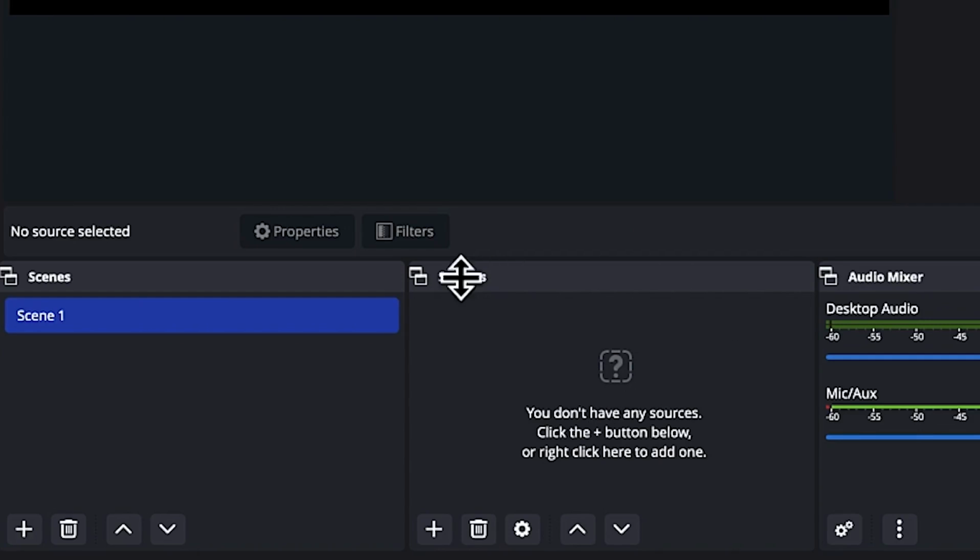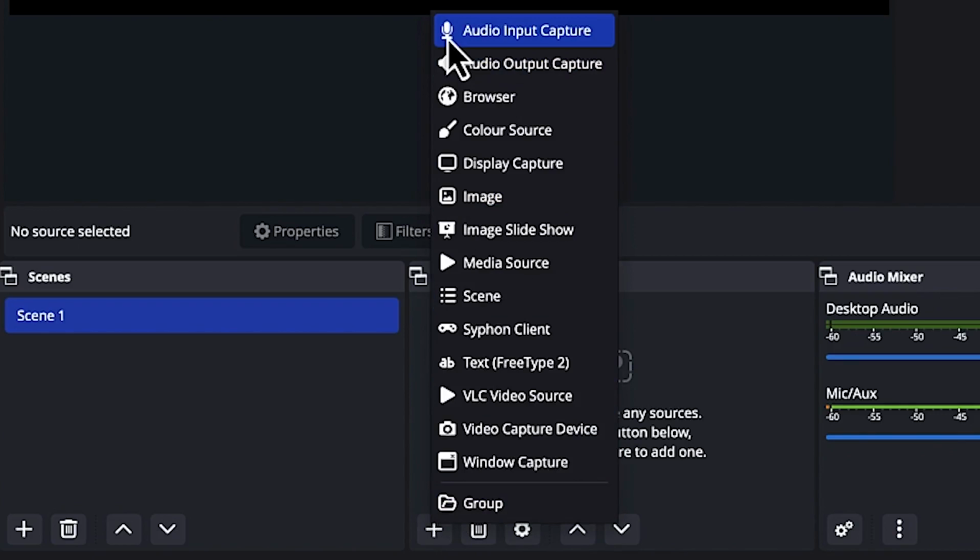Next to it is the sources. Sources are just like a subset of scenes. Okay, you have to have a scene, then under a scene you have sources depending on what kind of source you want to use. For example, you may have a series of input sources. For example, you have audio input capture: what device do you want to use to capture audio? Output capture. A browser: do you want to show your browser behind or something? Color source and display capture. Images, you want to add all this media source. And text: do you want to add text to your recording or thereabout? The VLC video source, and if you have any video capture device, you can specify all that